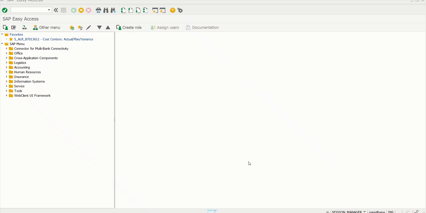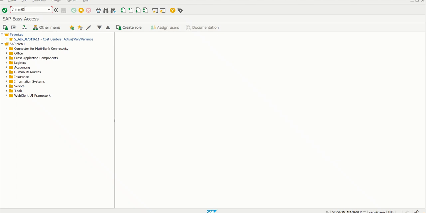Hi, today we are going to discuss WAP and variance calculation in SAP S4HANA system. How WAP is going to be seen component wise and how variance is going to be split in SAP S4HANA system. So before that, we will see the standard cost estimate of the finished material.